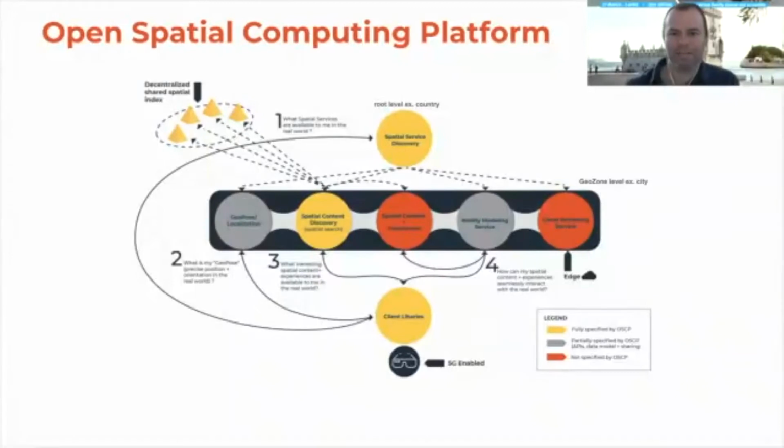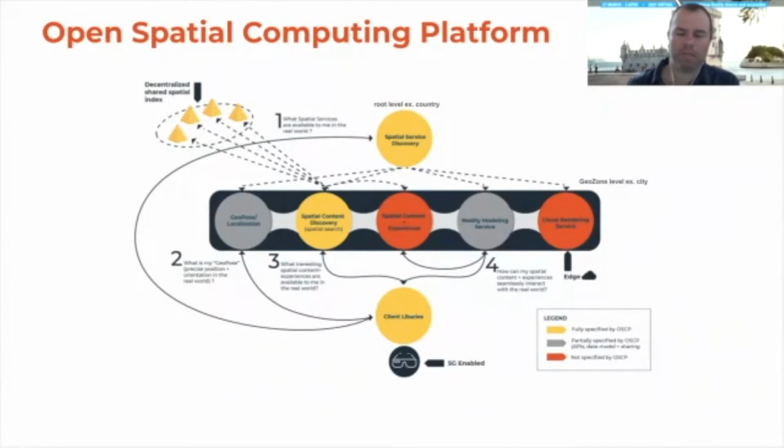Thank you, Jan-Erik. Now, I would like to invite James Jackson, the Director of Technology at Open AR Cloud, for his presentation on Open Spatial Computing Platform Components and Architecture. Hi, James Jackson here. I serve as the Volunteer Director of Technology at Open AR Cloud, and I'm going to drill into some of the details behind our Open Spatial Compute Platform.